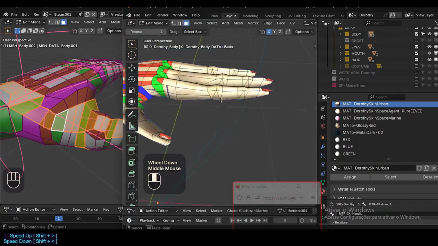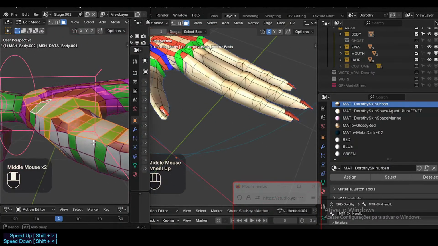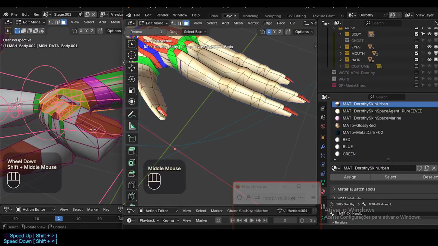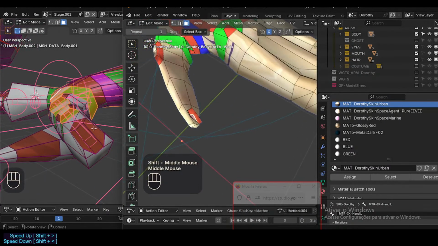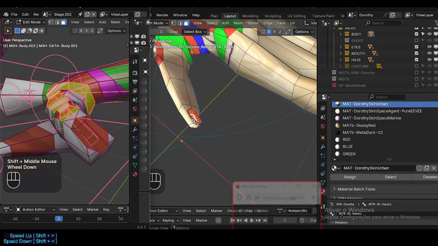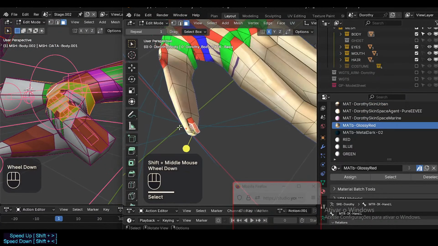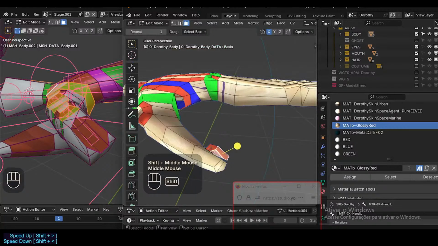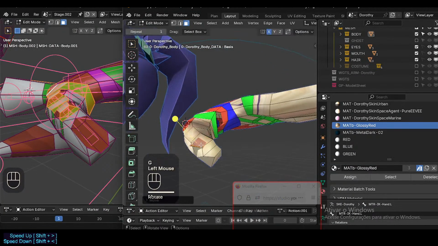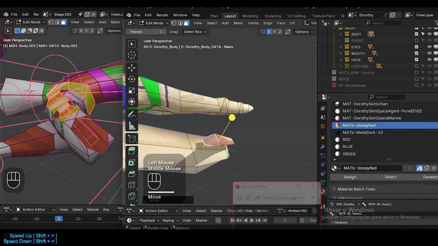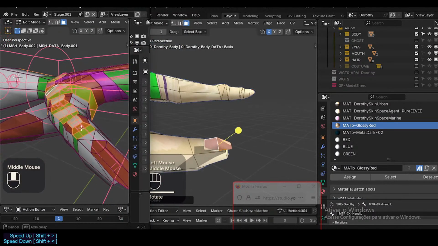Okay, but we need to fix the... I'm going to go directly to the nails, because it's probably the most... That's the most. Probably there's a trick here that I'm not sure I'm going to explore in this rig, but we're going to try to. So here is a separated mesh. The idea is to connect it,